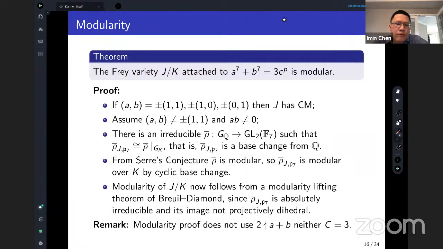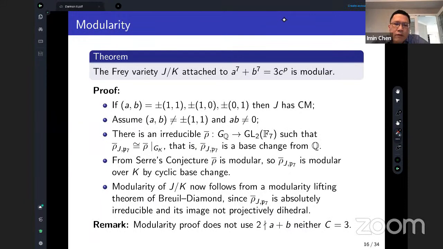And the proof is, as I mentioned before, there are some small cases where it has complex multiplication, in which case it is modular. Otherwise, because we have absolute irreducibility, we can apply the modularity lifting theorem. We have that the residual representation is modular because it arises from a residual representation attached to a Legendre curve, which is or extends to the absolute Galois group of Q,